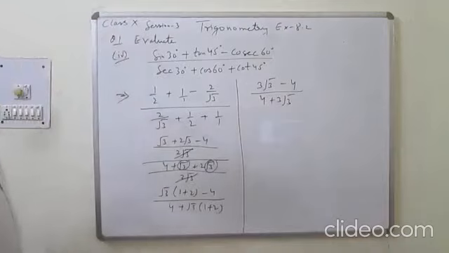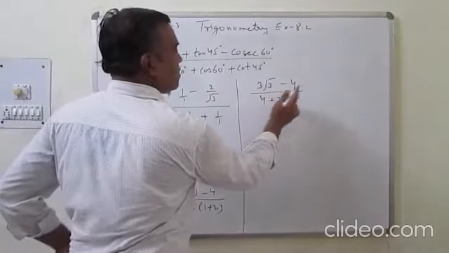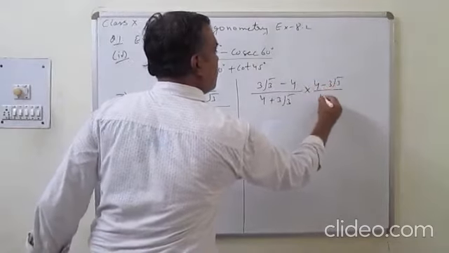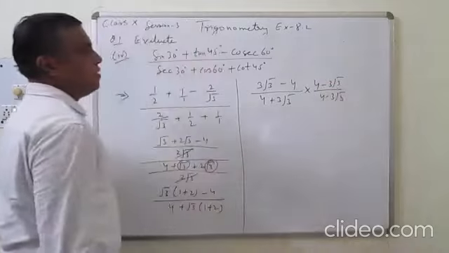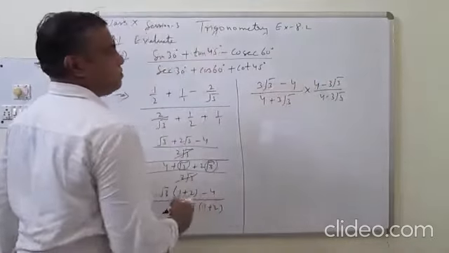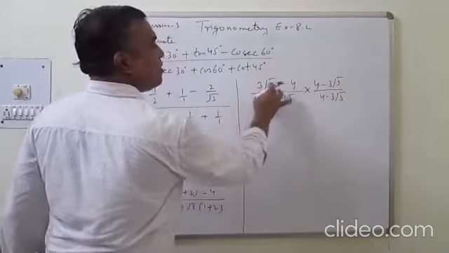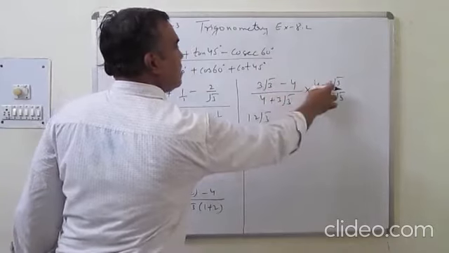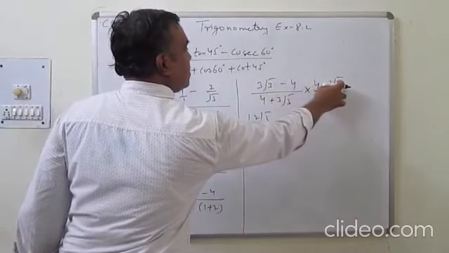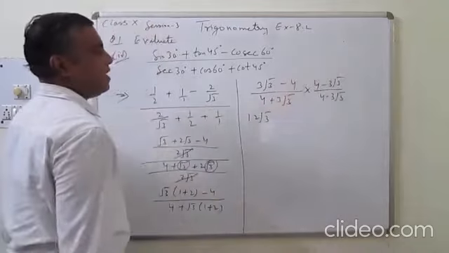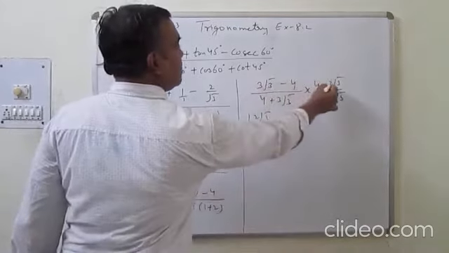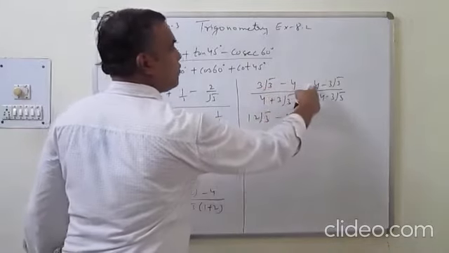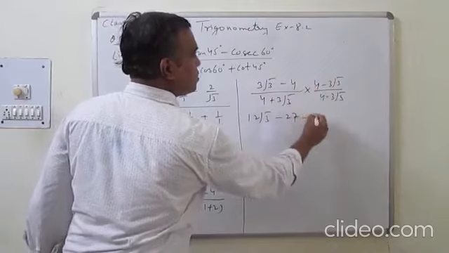Now rationalize it. When we rationalize, the sign will change. The opposite sign will be minus 4 minus 3 root 3 upon 4 minus 3 root 3. Now 3 root 3 multiplied by 4. Binomial multiplied by binomial, so 12 root 3. 3 3s are 9, or this is 3 minus, 3 minus 27. Now minus 4 or plus 4, it is minus 16.